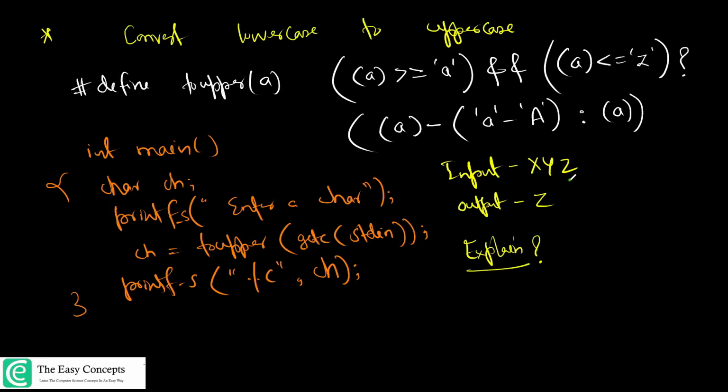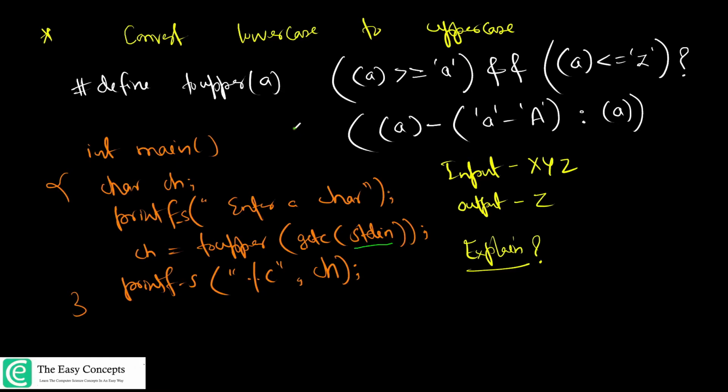So what this program is basically doing, the intent of this expression here, to upper get c stdin, is that a character should be read from the console device stdin, and if it is necessary, that should be converted into uppercase. Why am I saying if necessary? Because if a character is already in uppercase, we should not convert that again. It's already in uppercase, right? But if it is in the range of small a to small z, it should be converted into uppercase.